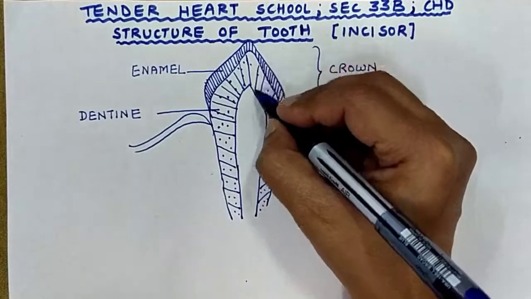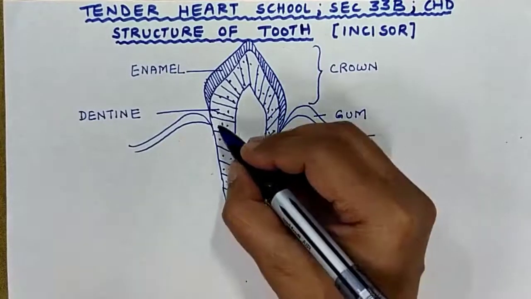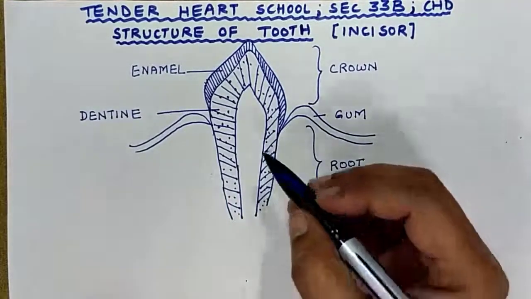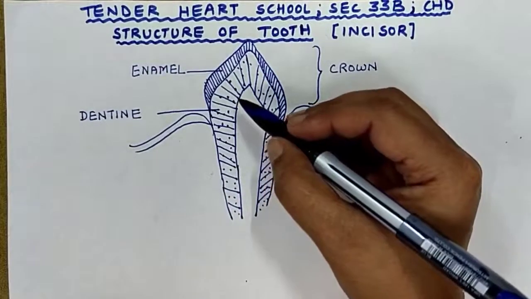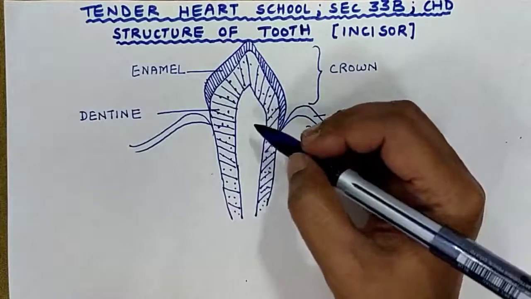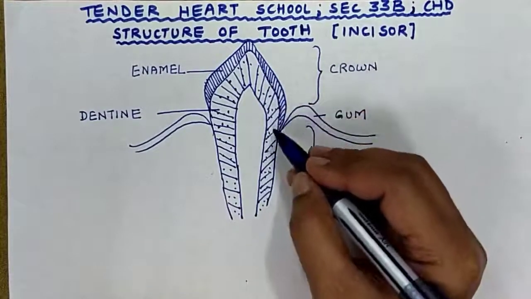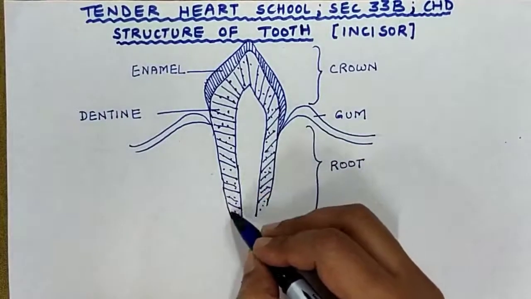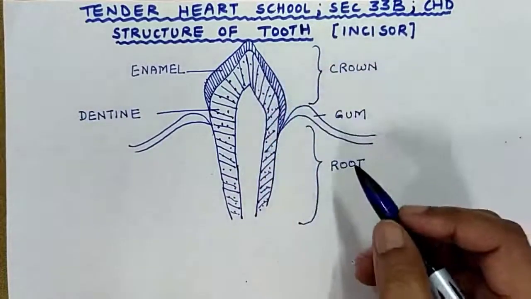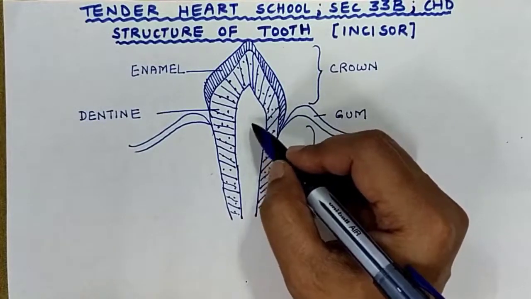These are minute canals which are present in the dentine region, and through these minute canals or strands the cytoplasm of the cells is running into the pulp cavity. Central region is the pulp cavity. So cytoplasm strands are running through these small canals which are present in the dentine region, right? So these are various minute canals present in the dentine region. And the cytoplasm of the pulp, this central region, is the pulp.